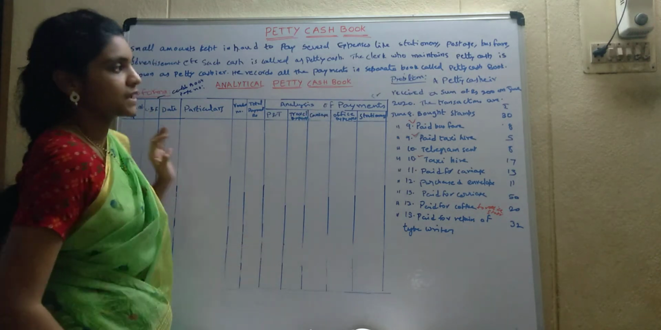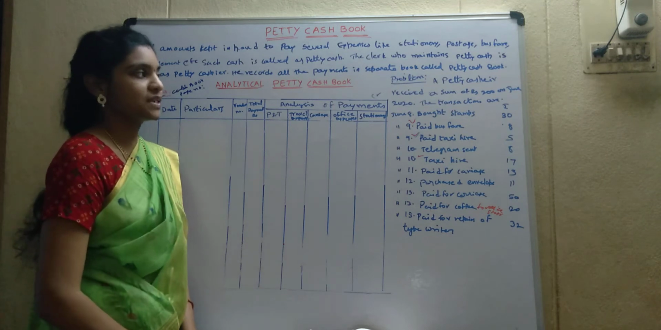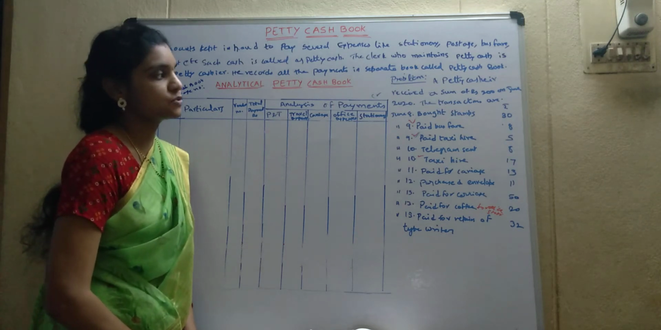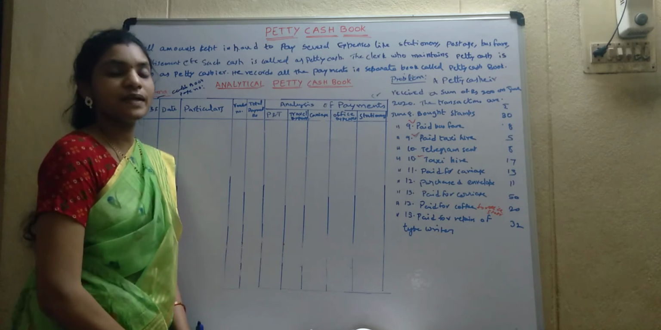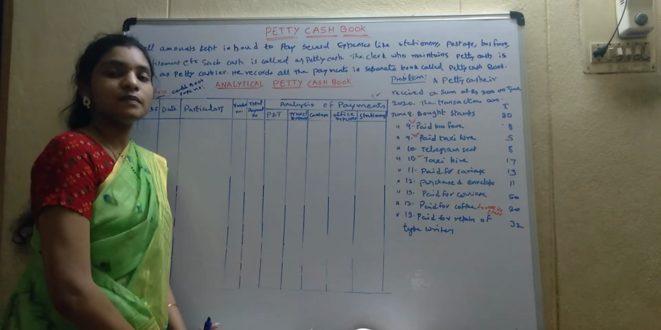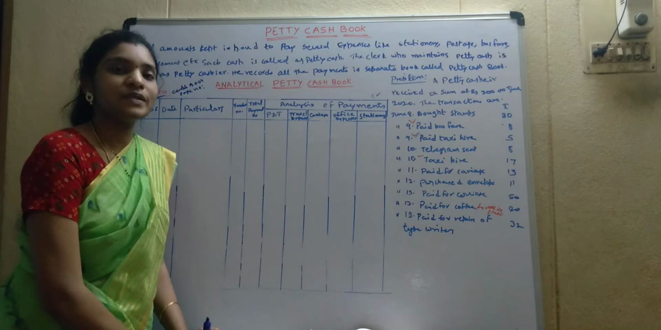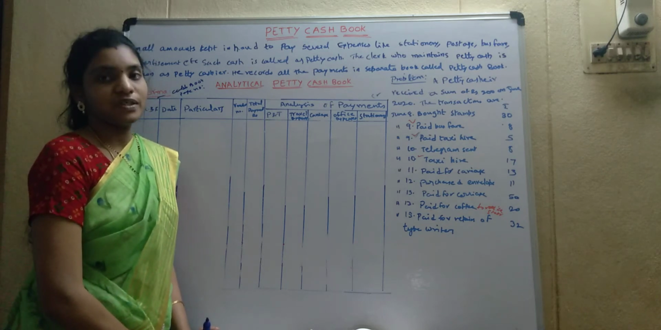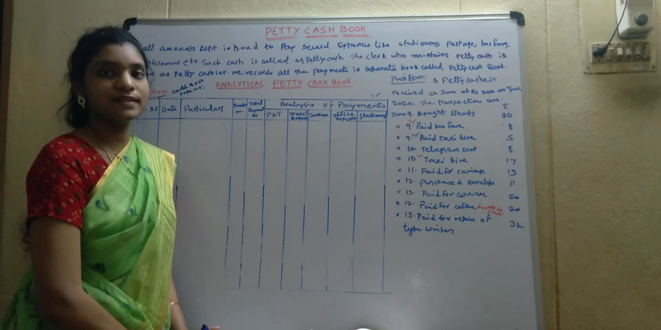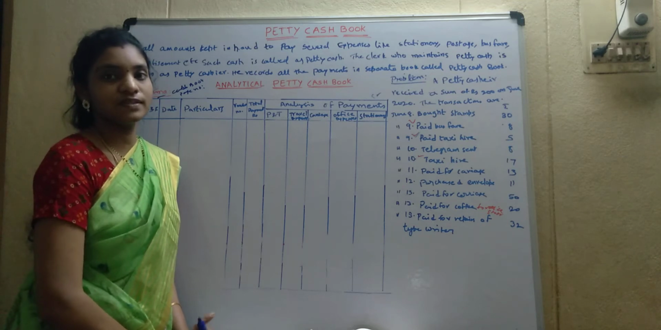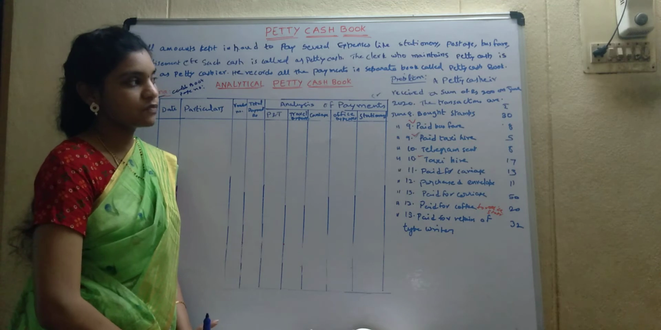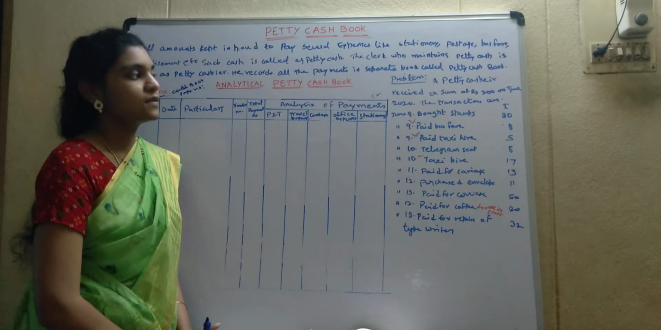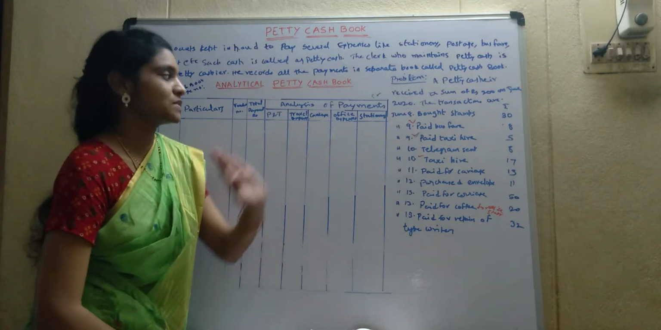Coming to the problem, a petty cashier received a sum of rupees 200 on June 2020. We have already discussed that a petty cashier receives some amount of cash for a particular period from the main cashier. Like that, in this problem, a petty cashier received a sum of rupees 200 on June 2020. The transactions are on June 20, bought stamps, and